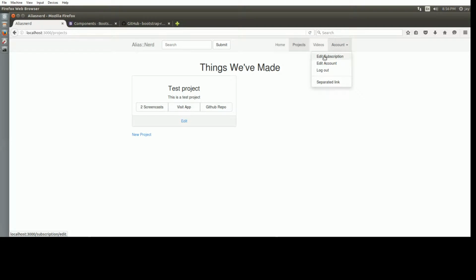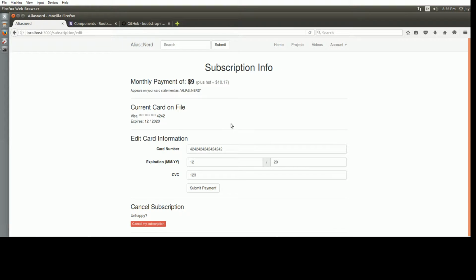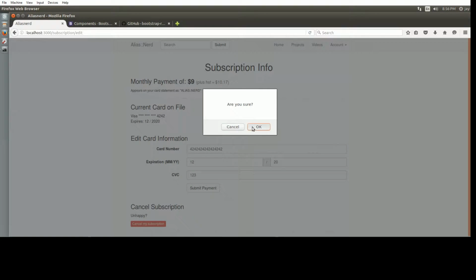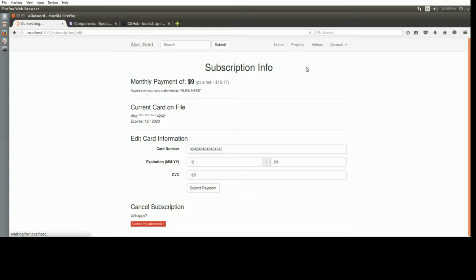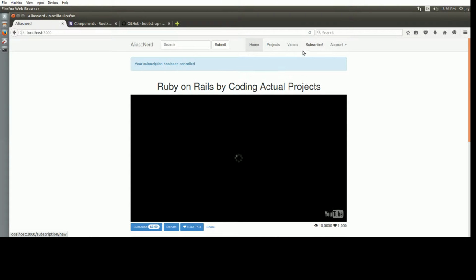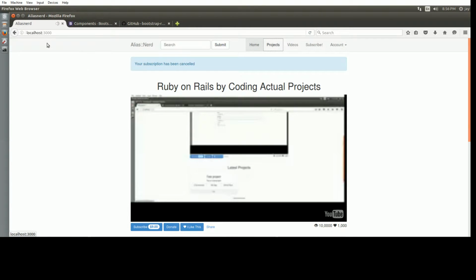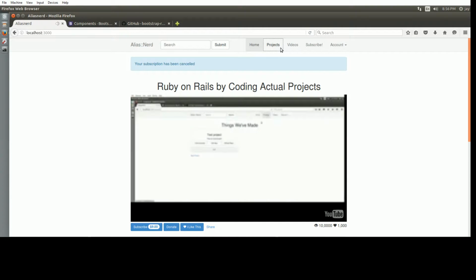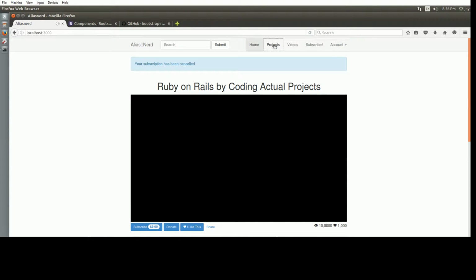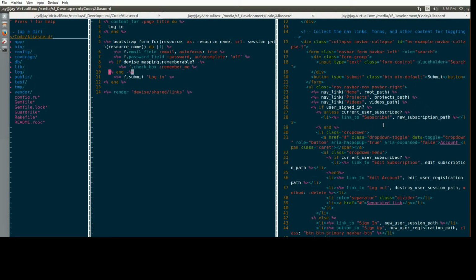So if we edit subscription and say cancel my subscription, say OK. We should get an extra button up here now saying subscribe. Now I'd like this to be making sure it goes over. I'd like that to be a little bit different. So I'd like it to be a button like our sign in. So where are we here? So we have the button to,